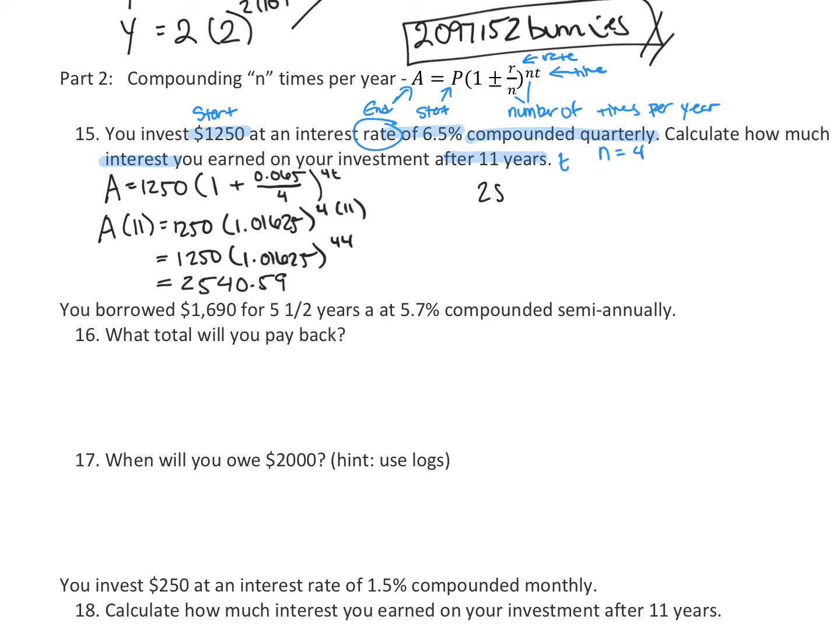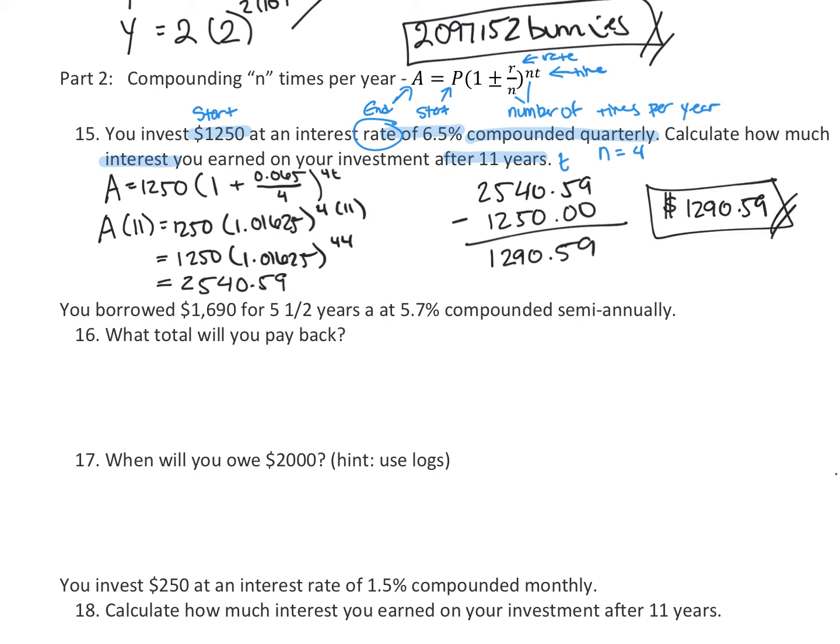So I'm going to take how much I have total and subtract how much we started with. And then I'll get my interest. This is the interest that we got, $1,290.59. So again, normally we would write a sentence, but we're saying this is our total interest that we earned